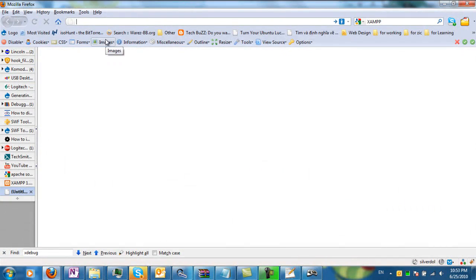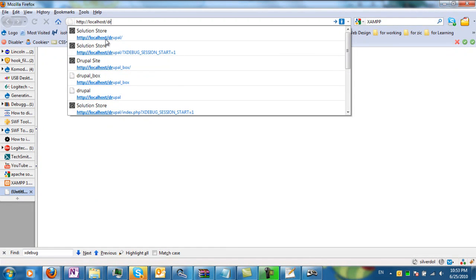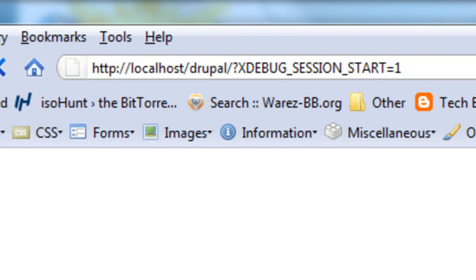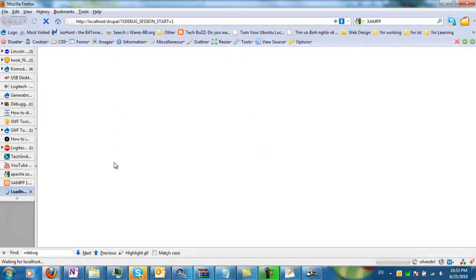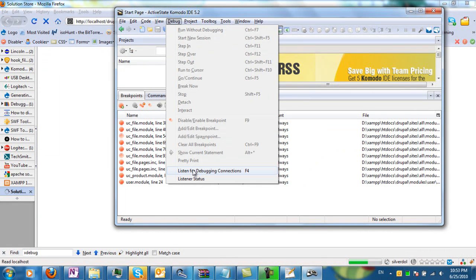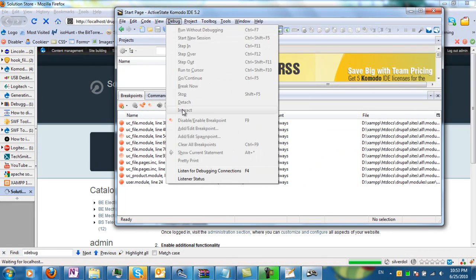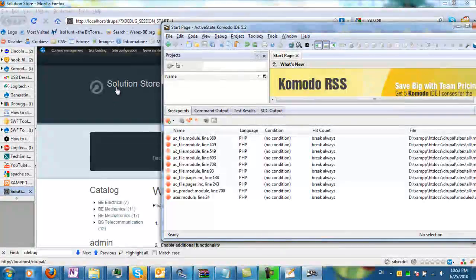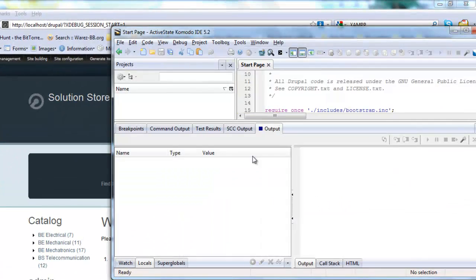So I can go ahead and say, for example, my localhost Drupal, and then I'll say that. That means the debug session started. It doesn't give you any notes or whatever, but just presume it's running. Basically, it's not listening now, so nothing happened. But if I say listen to connection, and then refresh this page, you're going